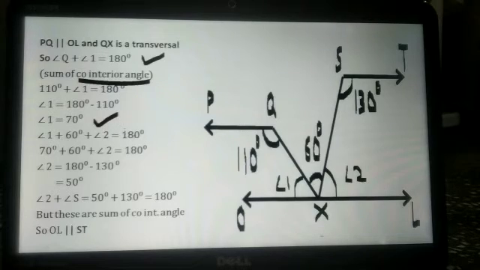Now angle 1 plus 60 degrees plus angle 2 is equal to 180 degrees because these are straight line angles. Now put the value of angle 1, that is 70 degrees, plus 60 degrees plus angle 2 is equal to 180 degrees. The sum of 70 degrees plus 60 degrees is 130 degrees. So angle 2 is equal to 180 minus 130 degrees, and angle 2 is equal to 50 degrees. And now